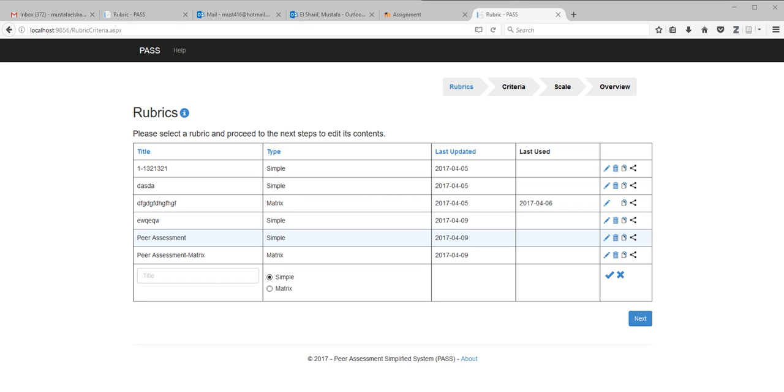Hi, today I'll be covering the rubrics component for the pass system. So rubrics are split up between simple and matrix types. You can add one at the bottom of this table. So we could just add one, but for the purposes of this tutorial I'll just go through the peer assessment